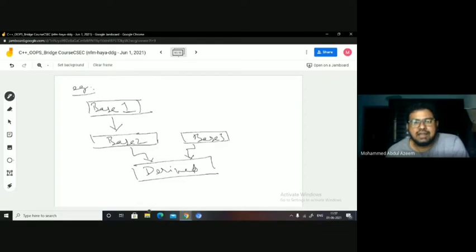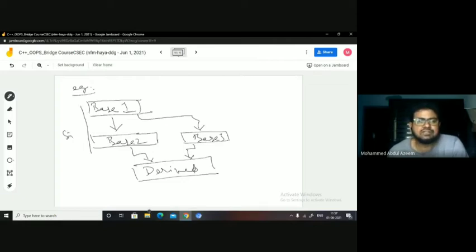I can have hierarchical also by doing a small modification in this. If I go like this, base 1 I have, which is being inherited by base 2 and base 3. It means this is said to be what? Hierarchical. Now this is single level, this is hierarchical, this is multi-level, and this is multiple. Got it?